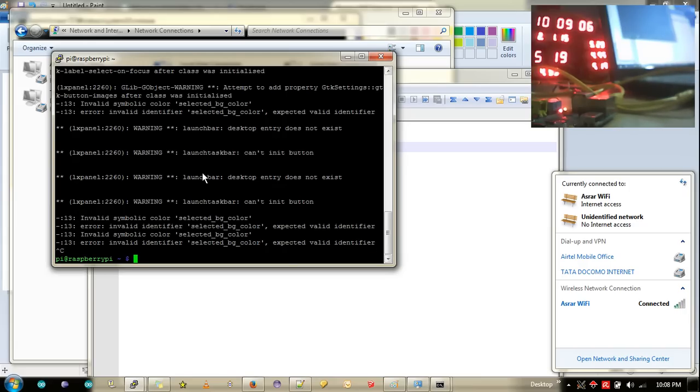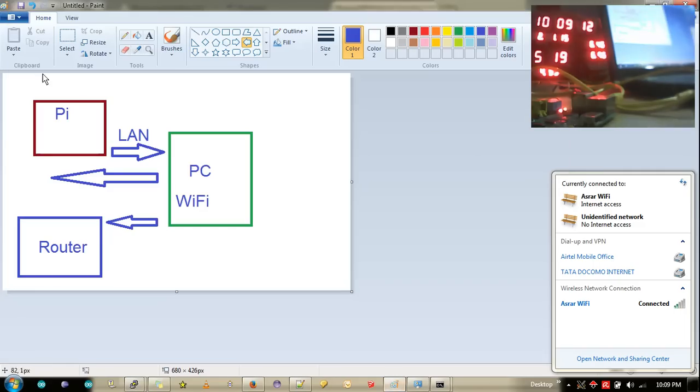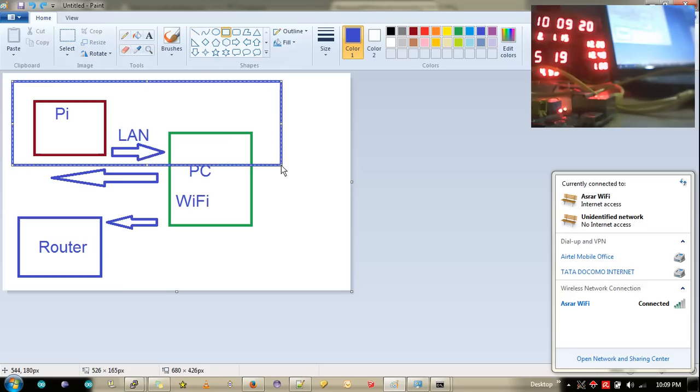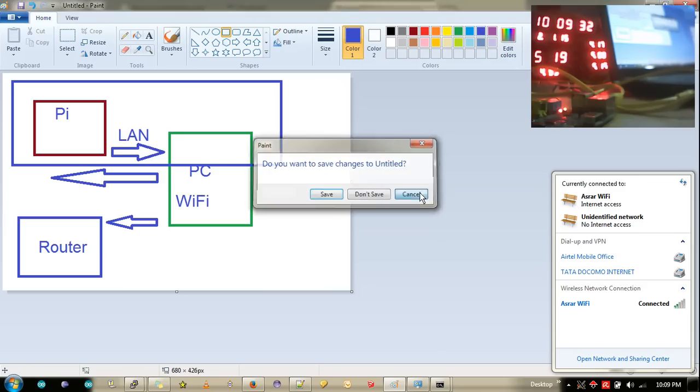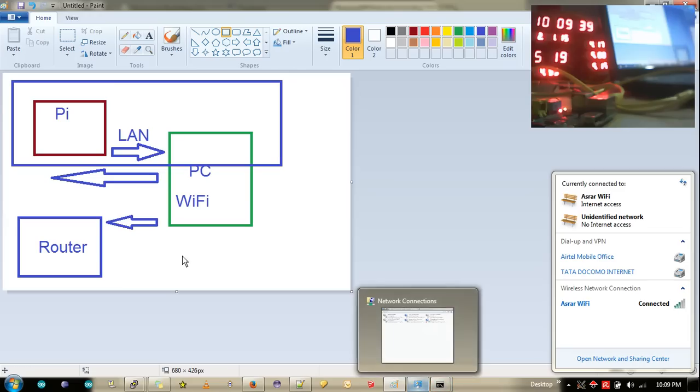So in the first part, what we have done is successfully establish the connection between the Raspberry Pi and the PC. In the second part, we'll now share the Wi-Fi connection of the PC over to the router. Now let's close this stuff. We'll keep this running. We'll now talk about the second part of allowing the Wi-Fi of the PC to be shared